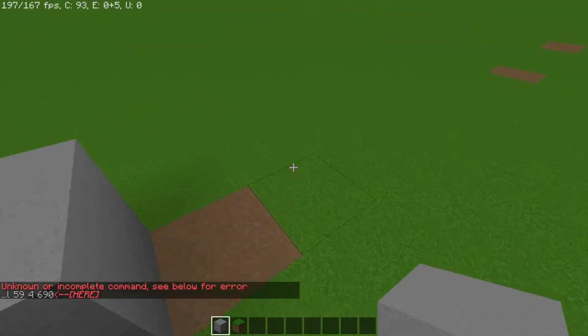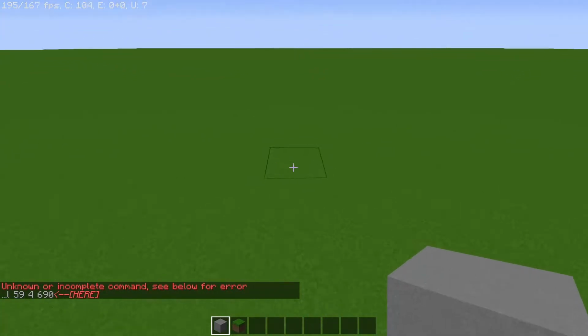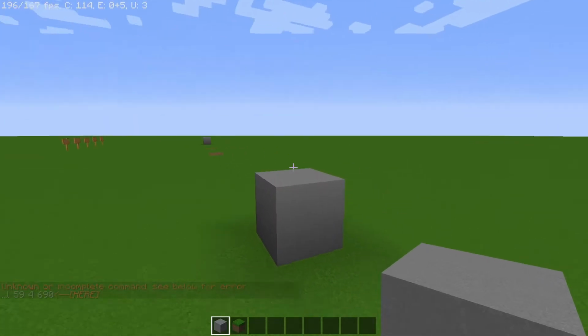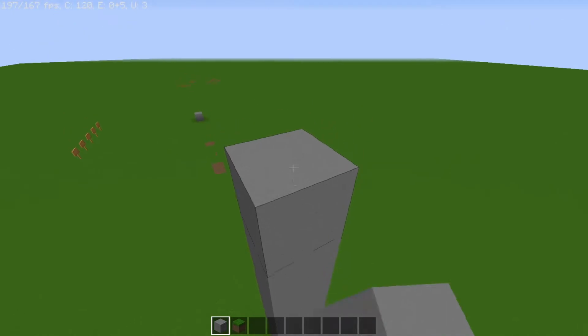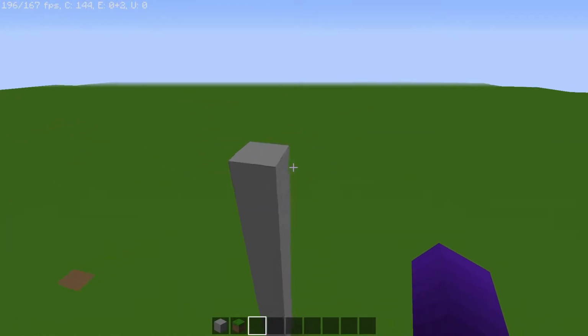Simply press enter, and then you're going to want to extend your wall to however far you want it to be. In my case, I guess I'll put it here, but I want my wall to be a little higher than 1 block, so what I'm going to do is extend this up, maybe just a couple more blocks. Now that our wall is the height that I want it to be, we are now going to